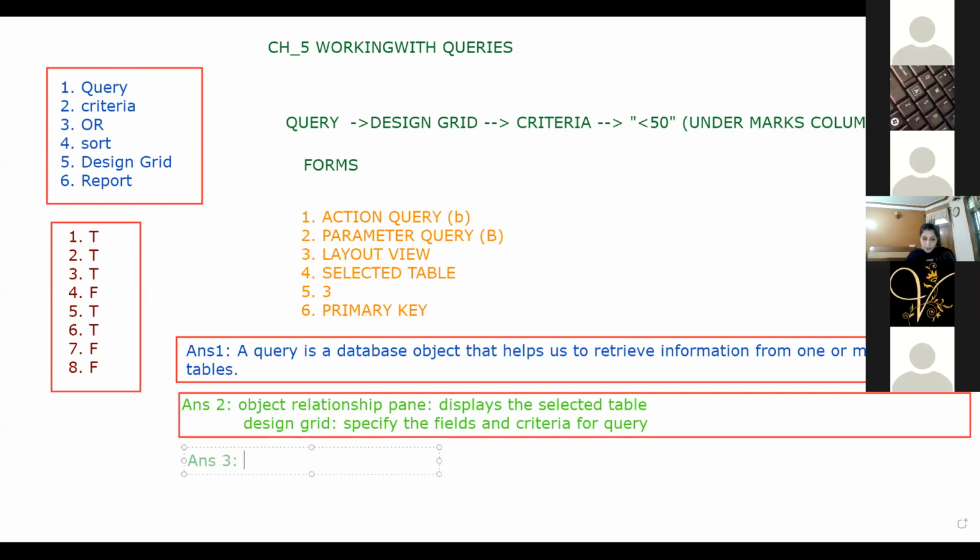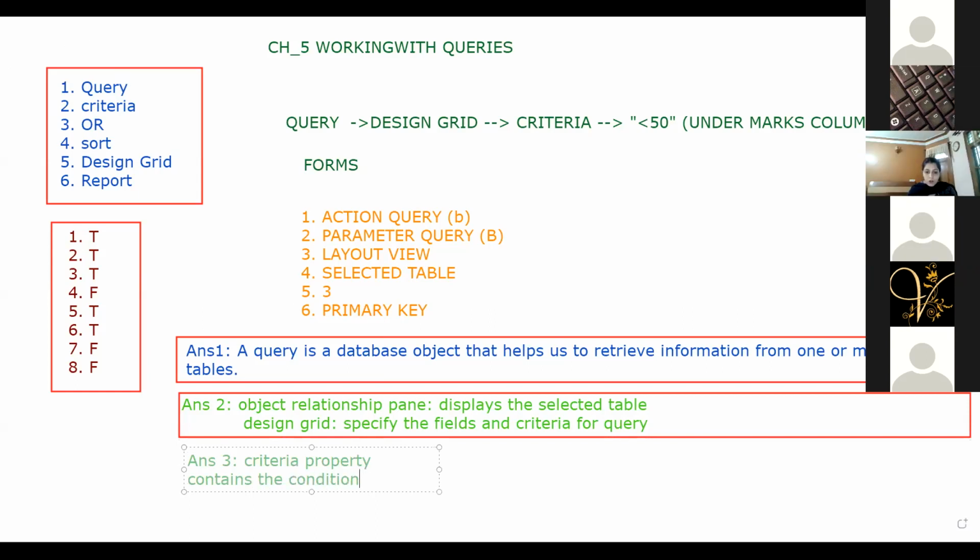So criteria property contains the conditions on the basis of which you filter the records.